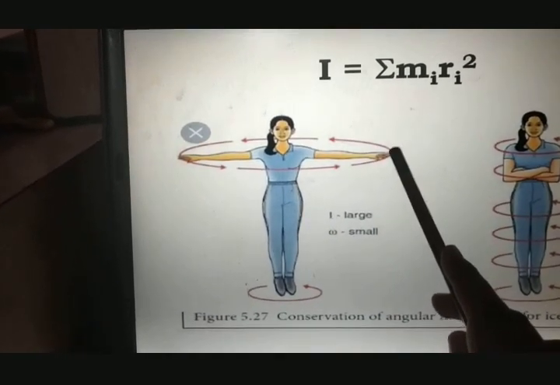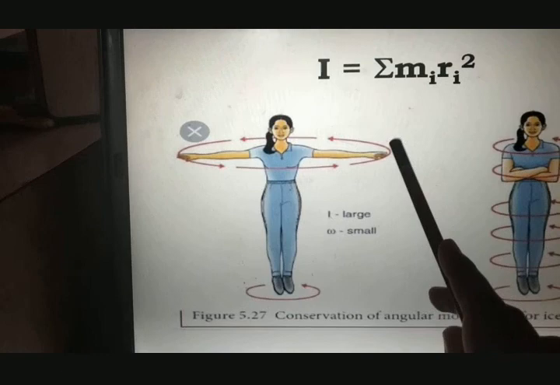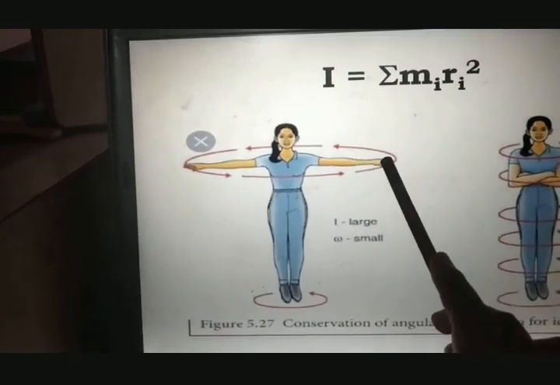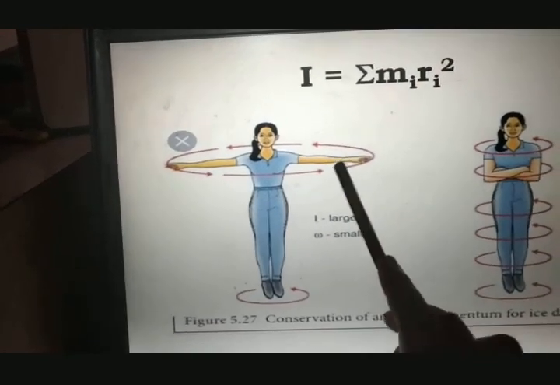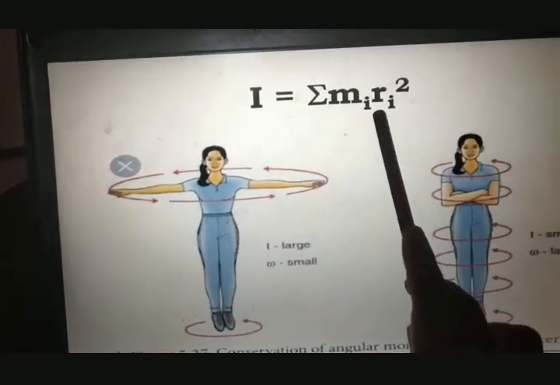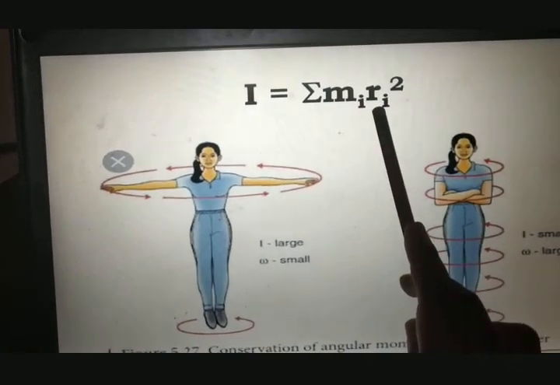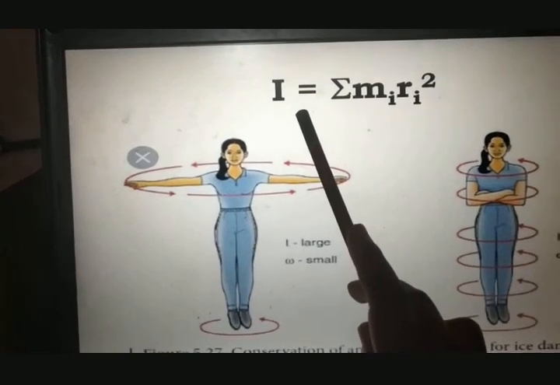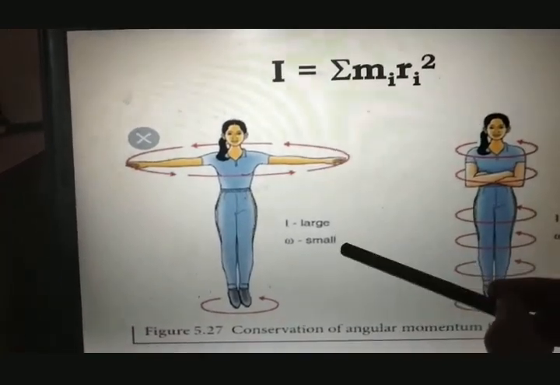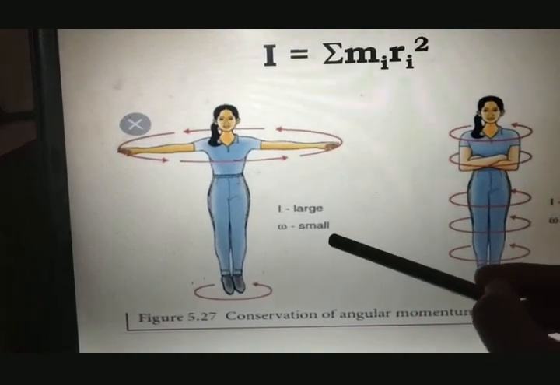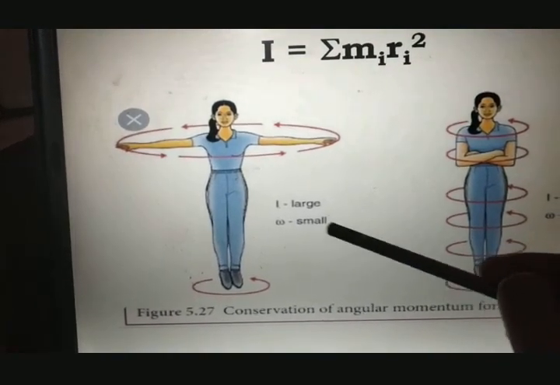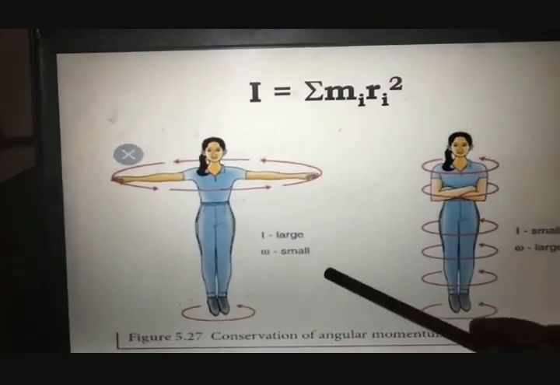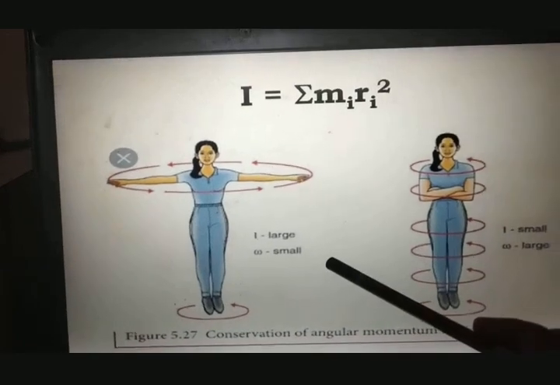Okay, now when your particle is over here, the axis of rotation will be here. So this distance is larger. Okay, means this distance is nothing but your r. Means your r is larger, then again its square means it is again larger, and so your moment of inertia will be larger. Okay, and if your moment of inertia is larger, then further you will see how this omega becomes small. Okay, this concept of omega becoming small you will study in conservation of angular momentum.